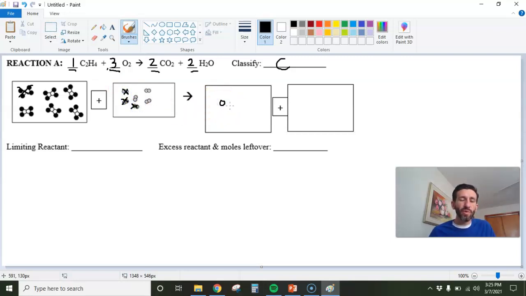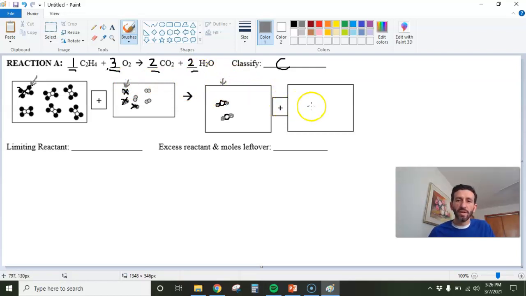So carbon is the white one, right? And then oxygen is gray, which I guess I could do with this gray over here. Oxygen is gray, and then I'm kind of going to have to go back and forth. So carbon, and then maybe if I use a darker color, oxygen, oxygen. Yeah, that's easier to see. Right? And then, so I made 2 CO2s, right? I used 1 of these, and 3 of these, and I made 2 CO2s,